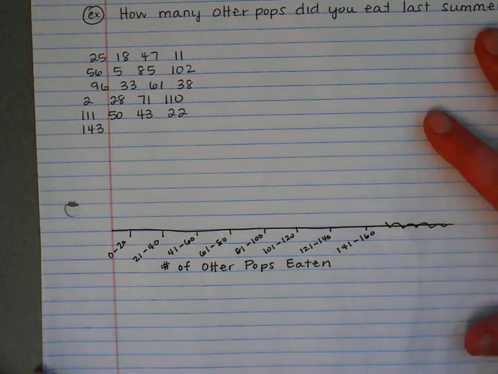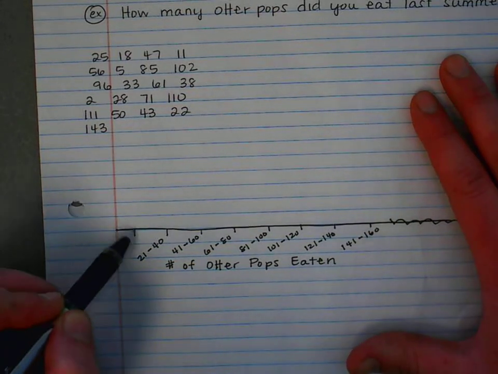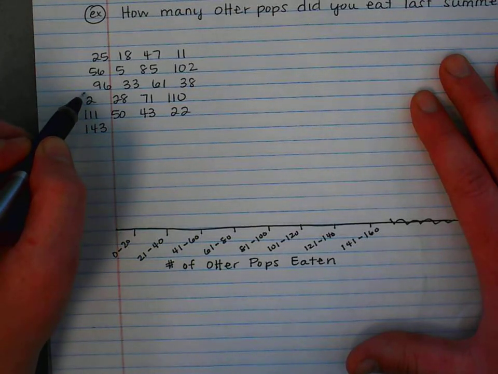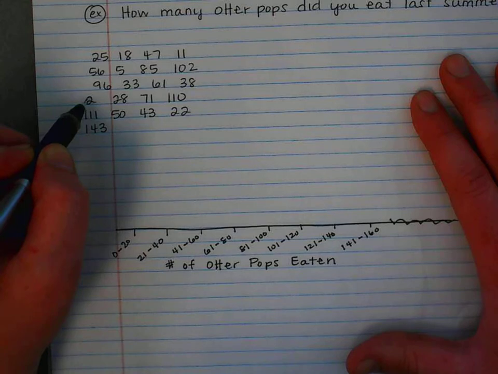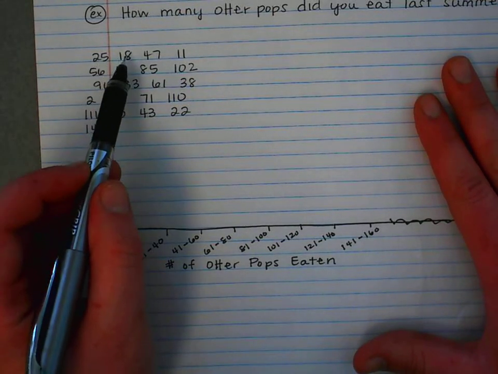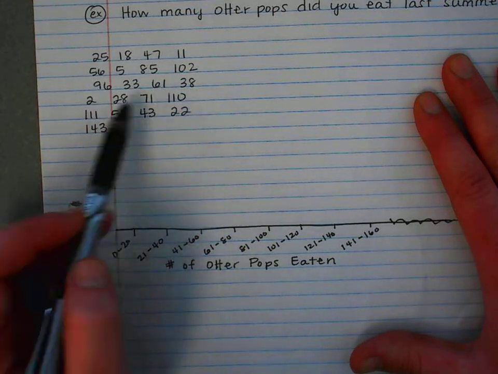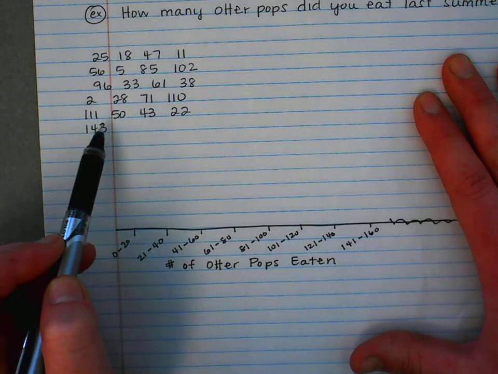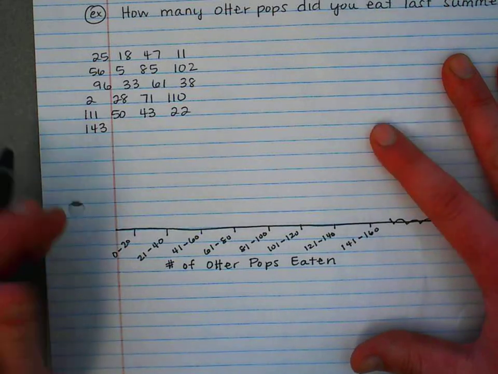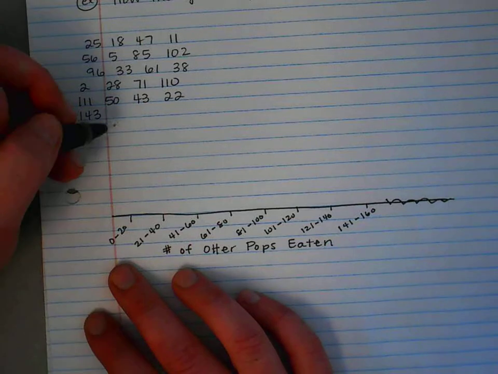So the next thing I need to ask myself is, well, how many students ate 0 to 20 otter pops? So I look, and there's one right there, so there's a 2. So maybe I'll just start at the top line and start counting. So there's 1, 2, 3, and that's it. So now instead of doing 3 dots like you normally would, we're going to make them into bars. And so what I'm going to do is on the side right here, I'm just going to put some numbers